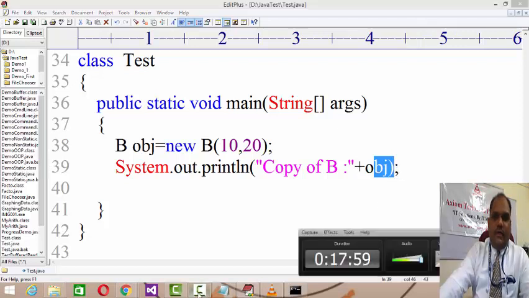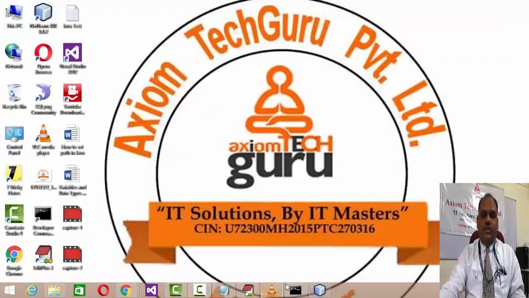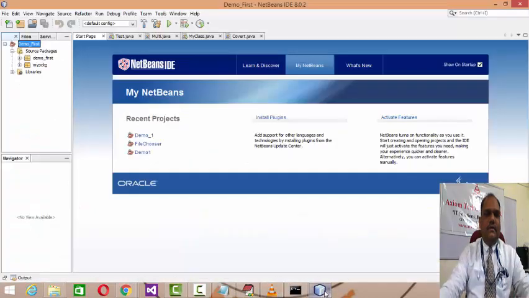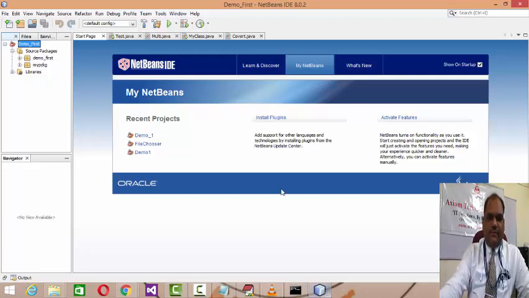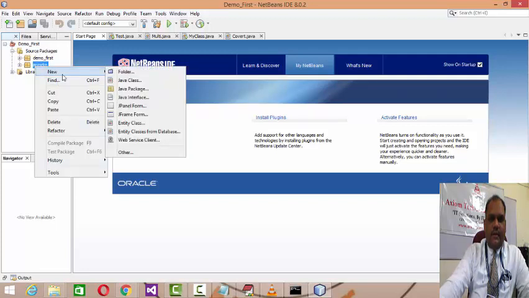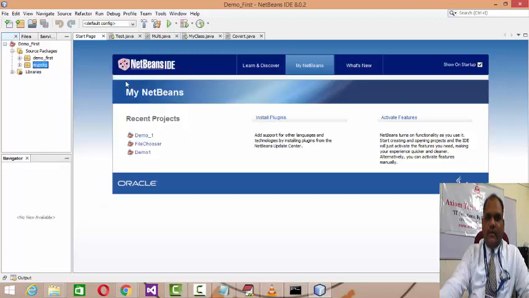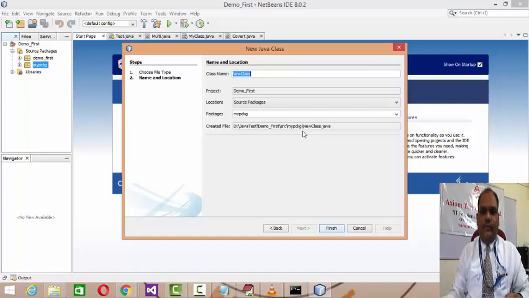In this way we can prove the inheritance. Now let us understand how we can use this inheritance example in NetBeans. What I will do is add a base class in my package. In the last session we already discussed how to create the source package and how to work in NetBeans. So I'll directly add the base class in the source package folder, my package.